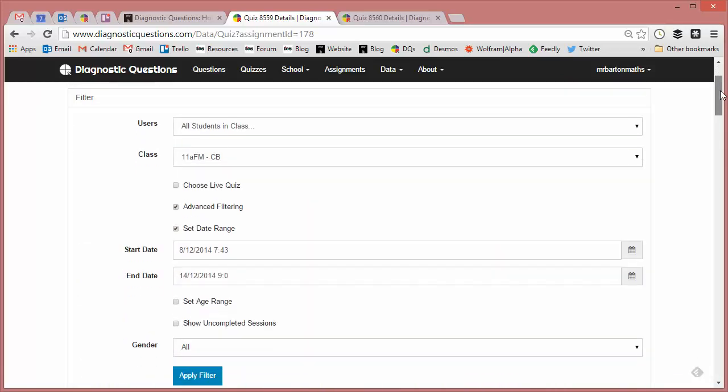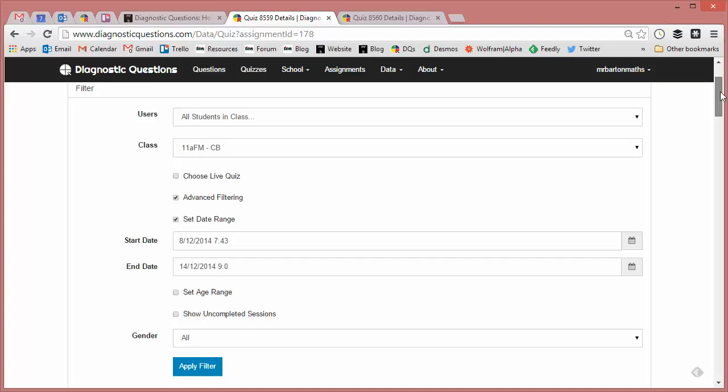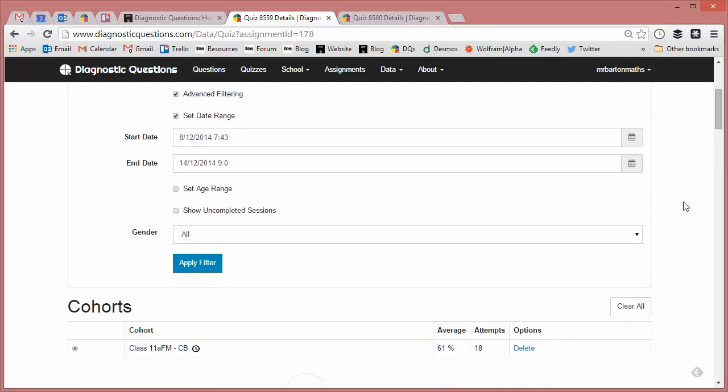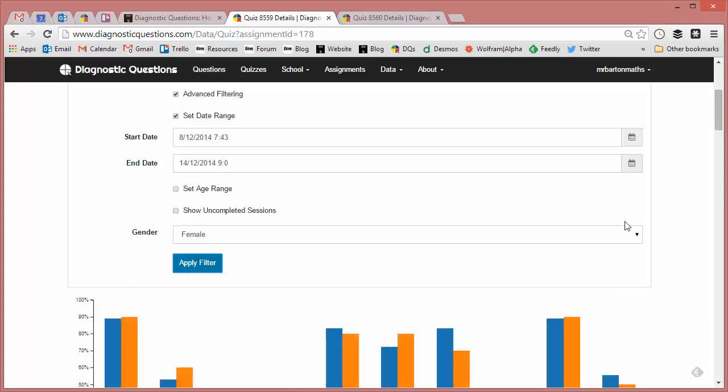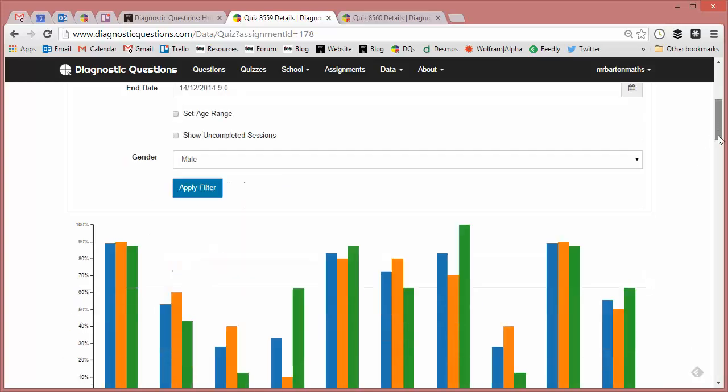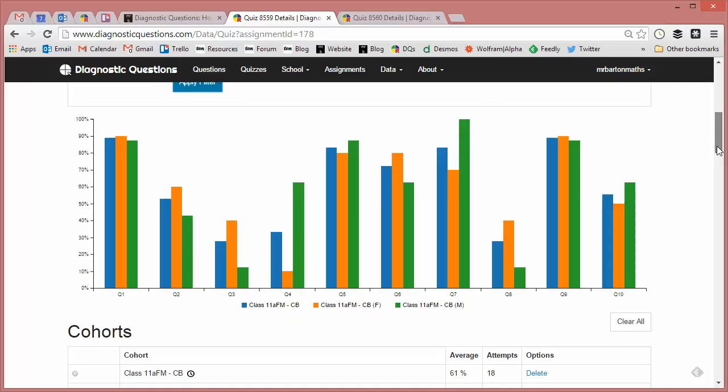And the first thing I'm going to look at is: is there a gender divide in my class? So I'm going to scroll down here and I just want to call up my females' results, so apply there, compared to my male results in my class. And if I just look, straight away I can see quite a few interesting things happening here. The questions that they tend to get right seem to be pretty evenly spread between males and females. But look at question 4. I can see that only 10% of my females got it right compared to 63% of the lads in my